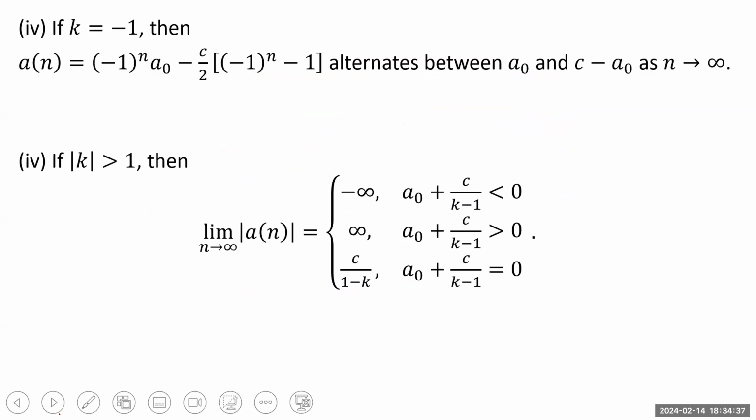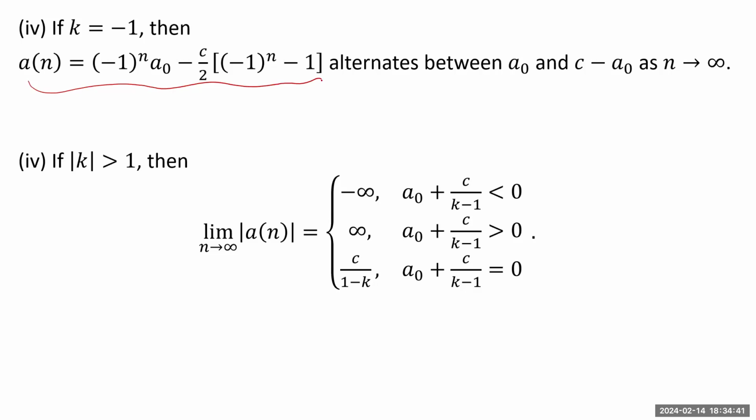And if k is equal to minus 1, then a of n alternates between a naught and c minus a naught as n tends to infinity because of the nature of minus 1 to the power of n, right? And if mod k is greater than 1, then the long-term behavior is minus infinity under this condition,